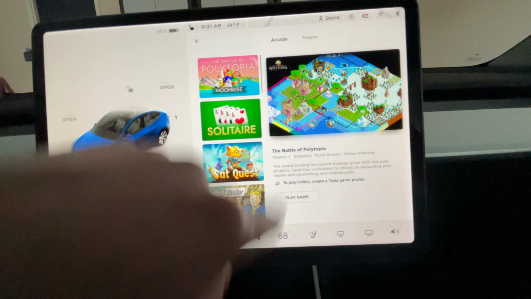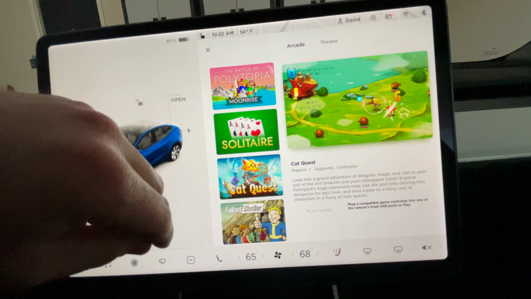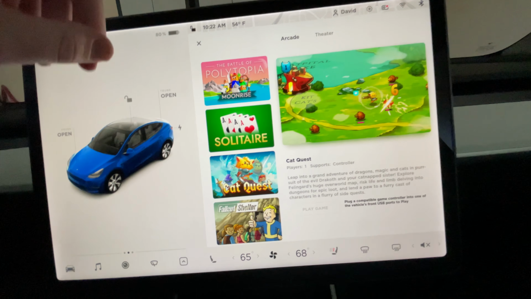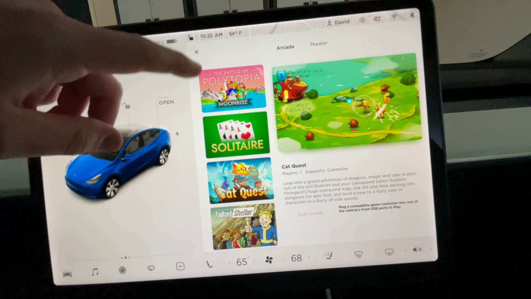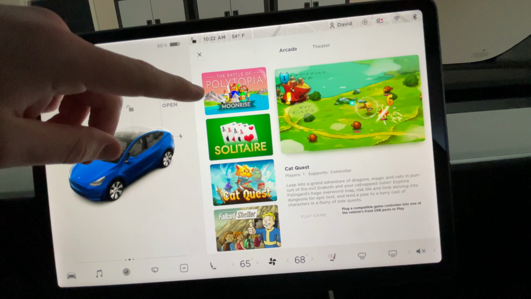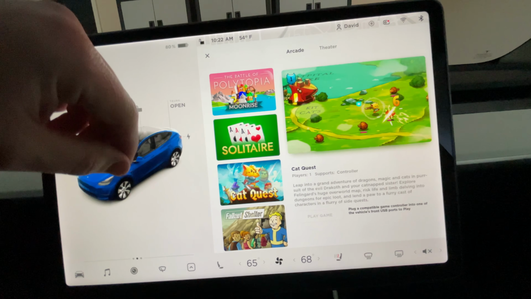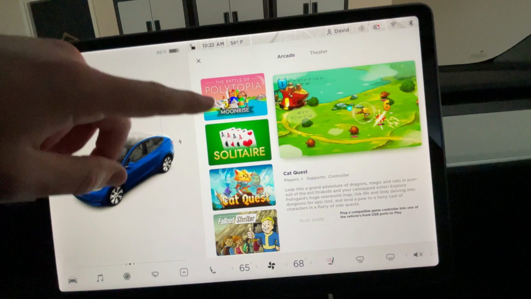Cat Quest, it looks like it requires a controller, so I don't have a controller, but you'd have to get a USB controller set up in the car. Wouldn't be too hard, but I don't usually bother with gaming that much in the car. Might be nice if you had the kids with you and they wanted to do something, but honestly, without trips right now, we're not spending a whole lot of time waiting in the car. We're usually going somewhere